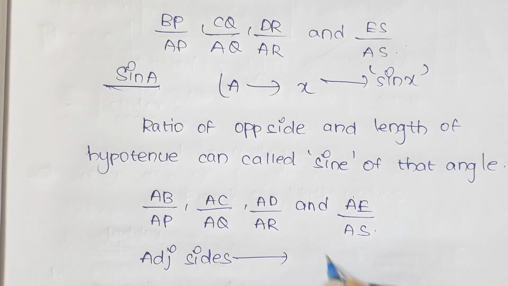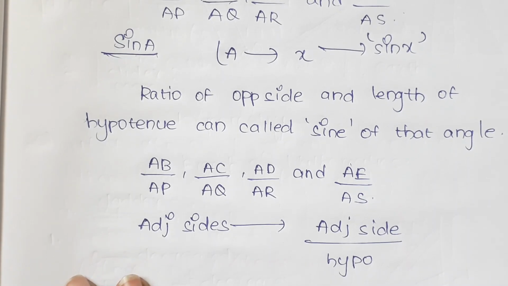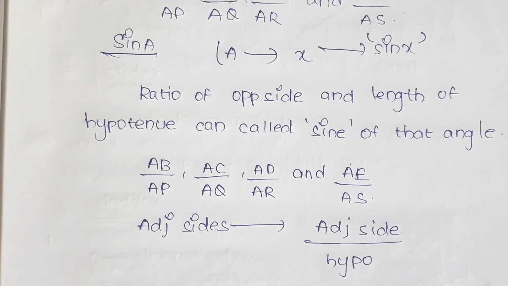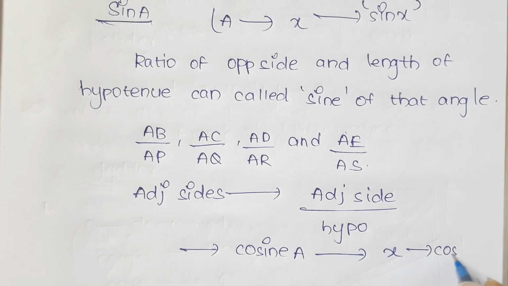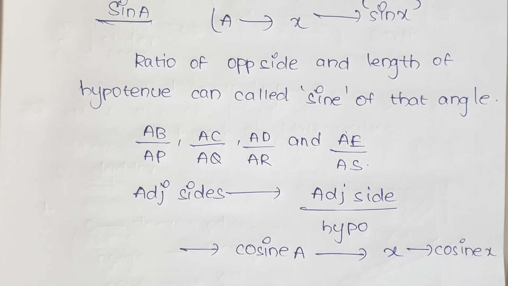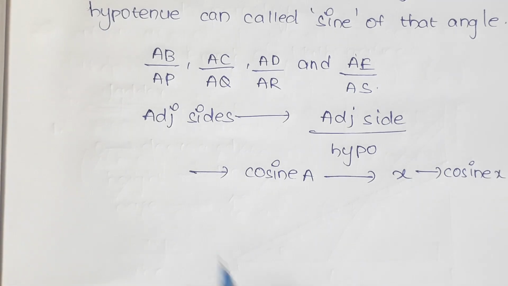So the ratio is the adjacent side of the angle by the hypotenuse, and it can be called the cosine of the angle, that is cosine of A. Here A is nothing but x, so it can be written as cosine x,